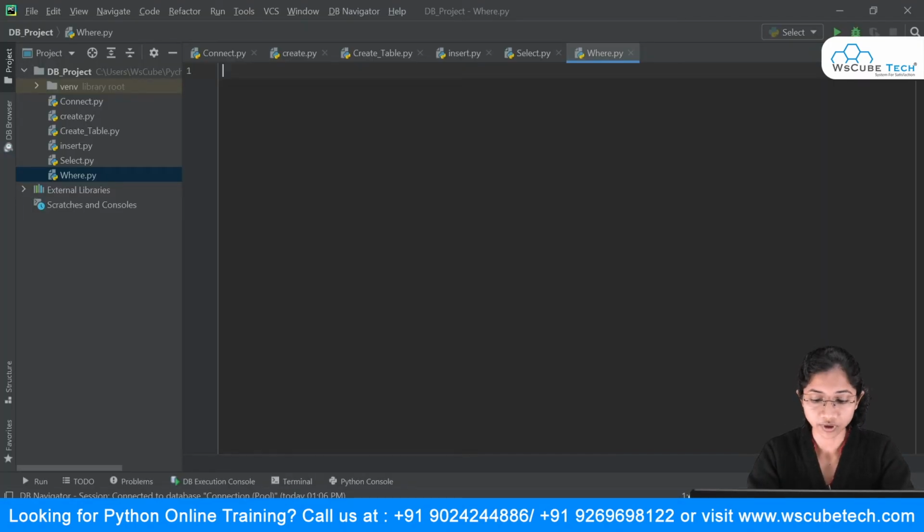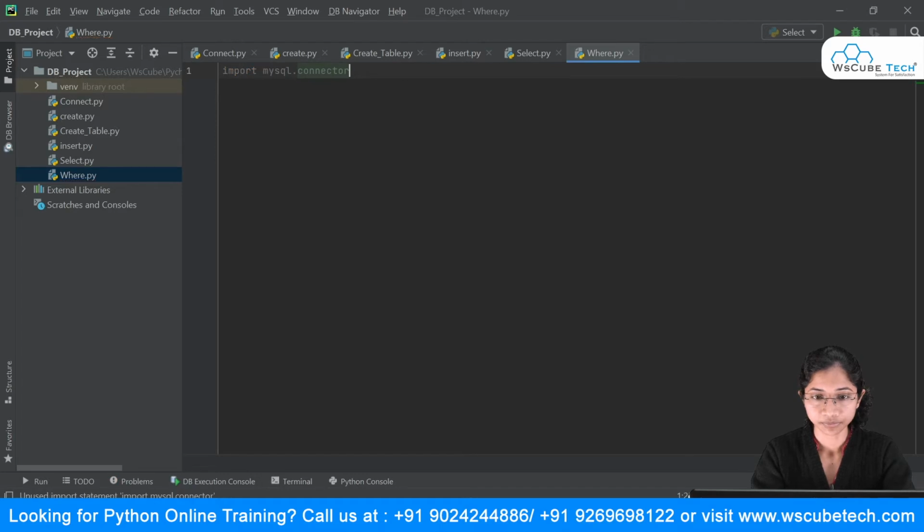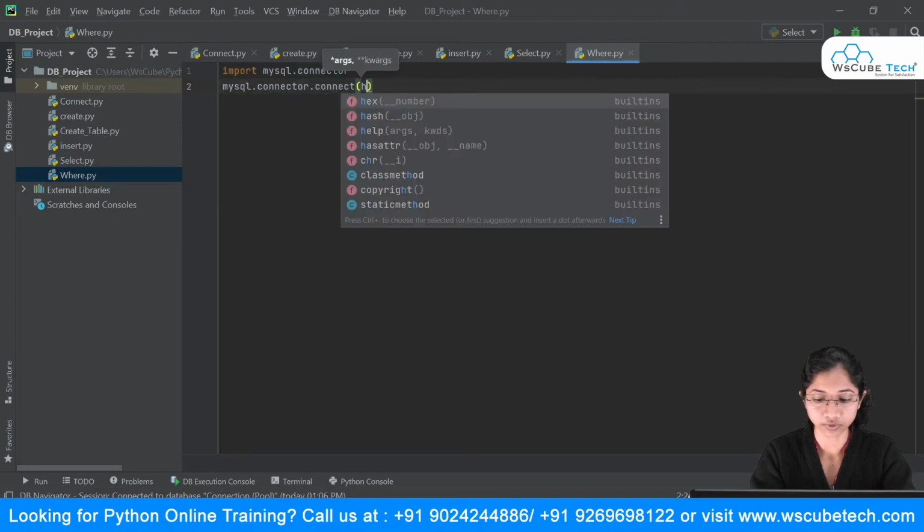The first step is to import mysql.connector, and once I have imported the module, I'm going to say mysql.connector.connect, and inside this I will pass the arguments.